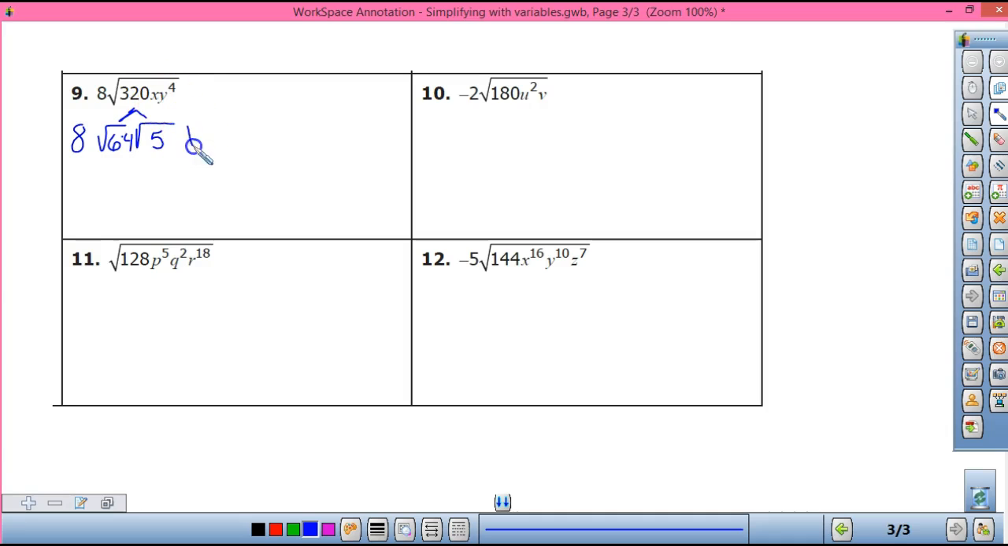Okay, and now can I do anything with my x? No, so leave him under. And we're going to leave y to the 4. Okay, because all I did was pull everything apart right now. Okay, so 8's out front right now, right? Yeah. So leave him out front times, what's my square root of 64? Oh, 8. 8. All right, so he's simplified. What else can I simplify? Y to the 4th into y squared. And then what do I have left that's underneath there? 5